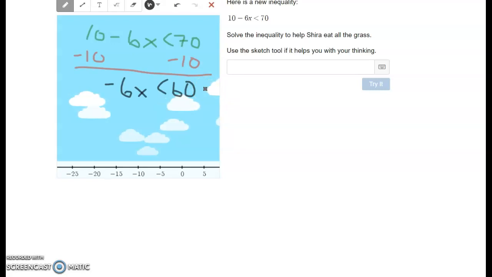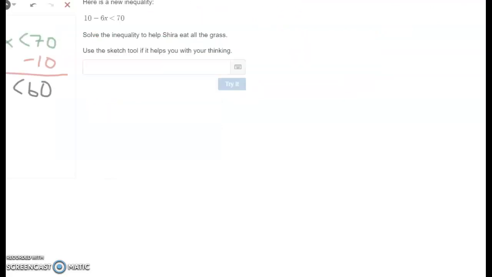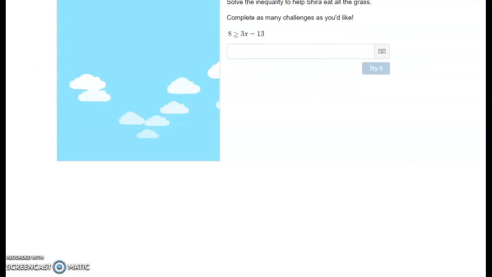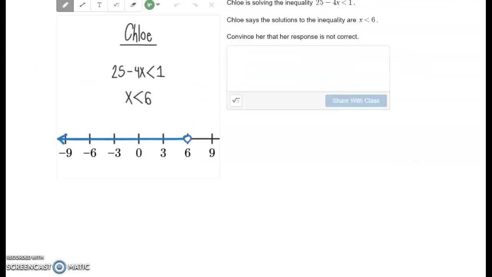You guys need to show me that. But then when you multiply or divide by a negative, remember your inequality symbol changes. So just keep that in mind. All right, same thing here. You're going to just solve the inequality. And then on this one, again, you guys can draw on this one, but if you guys look here, this was Chloe's work, and if you do this on here,